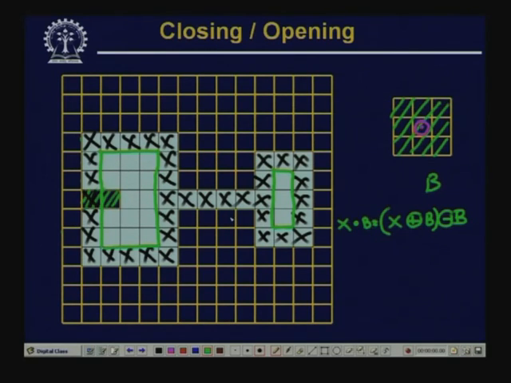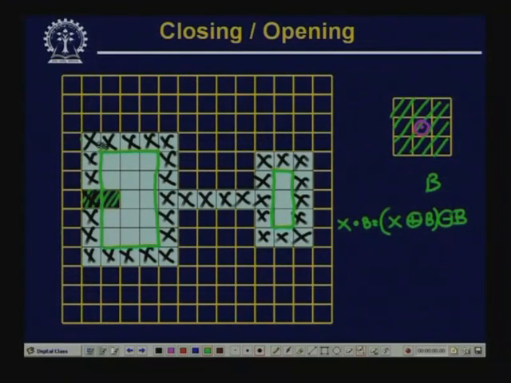Now, to compensate for this shrinking, as we said, we will perform the inverse, the dilation operation, but in this case the dilation operation will be done by the same structuring element capital B. So, if I do this dilation, then the output that I am going to get will be: all these regions will be restored,